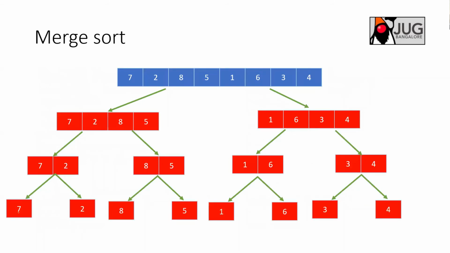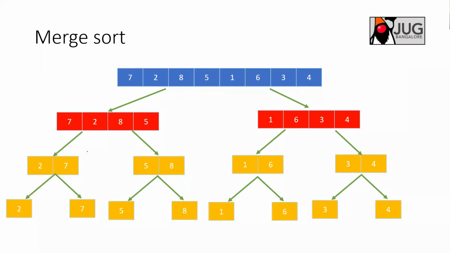So let's assume this is an example. It's a big example anyway. Now you want to merge this 7 and 2, and you realize that 2 is coming on the right side. So increment the count, because 2 is less than 7. Now your count becomes 1. Now again you go with 8 and 5, your count becomes 2, because 5 is less. So in this case, no change. Now you come here, and you have a sorted array: 2, 7, 5, 8. Then 2 is compared with 5, no change. 7 is compared with 5, so you realize it's less. So again the count will be incremented. It will now be 2 plus 1, 3.